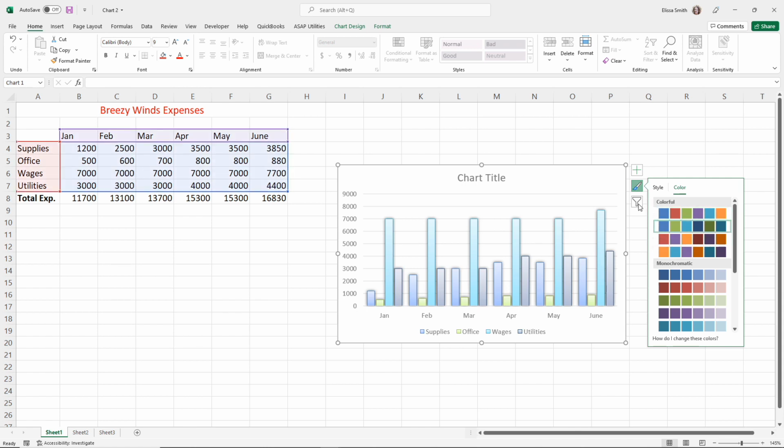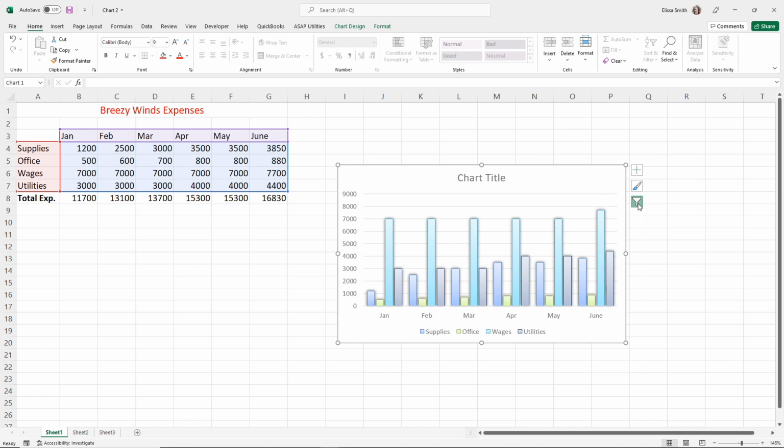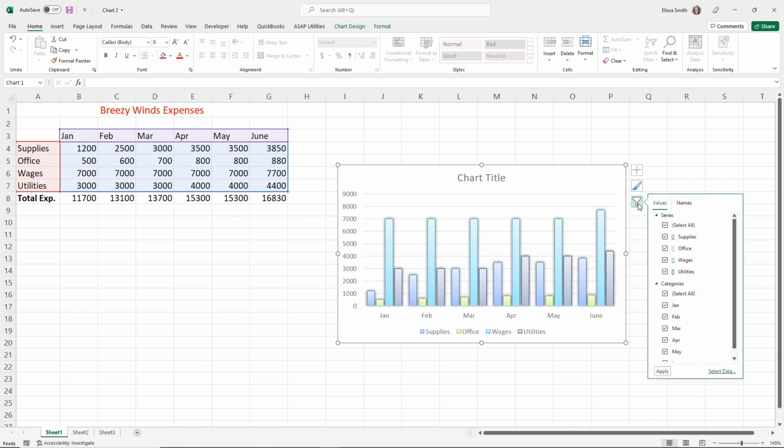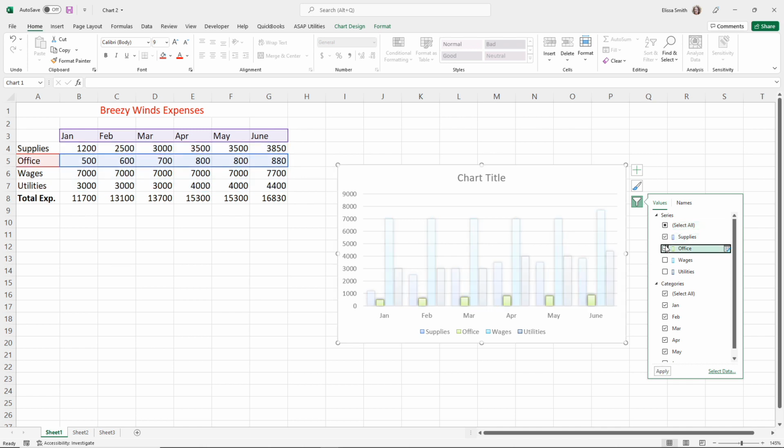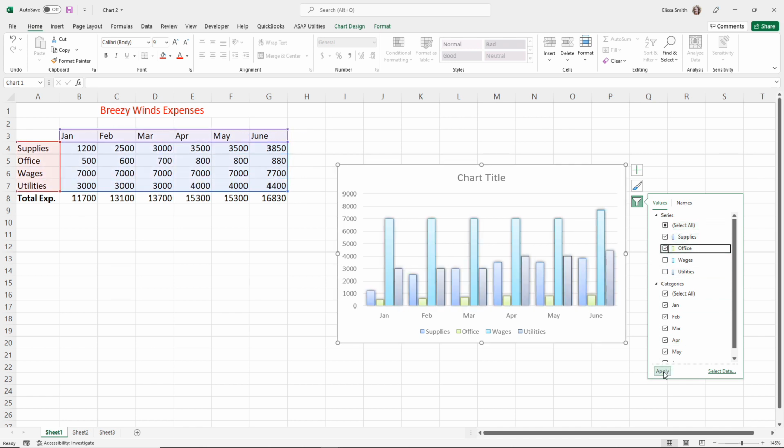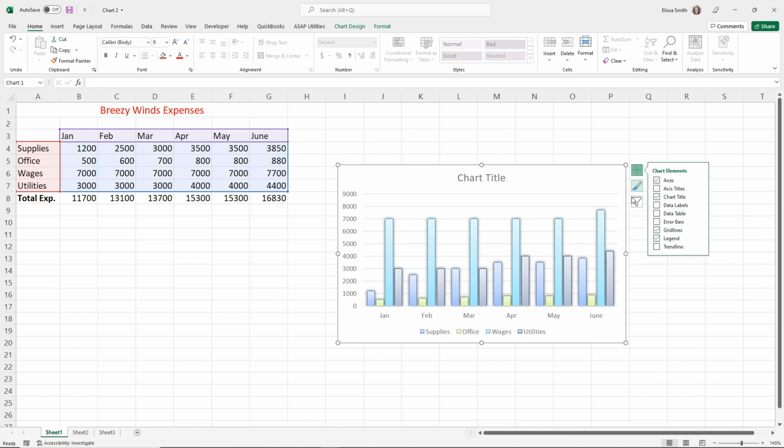The third one is all about filtering. This allows you to take your chart. You'll see all the elements on both the X and Y axes. You can come in, uncheck Select All, just check off the elements that you want to have filtered in your chart. Come to the Apply button in the bottom left-hand corner,